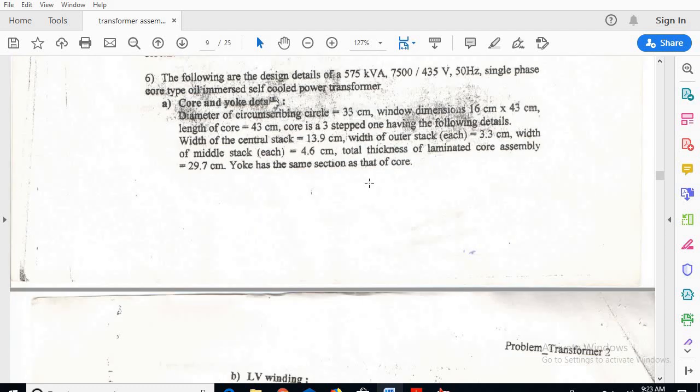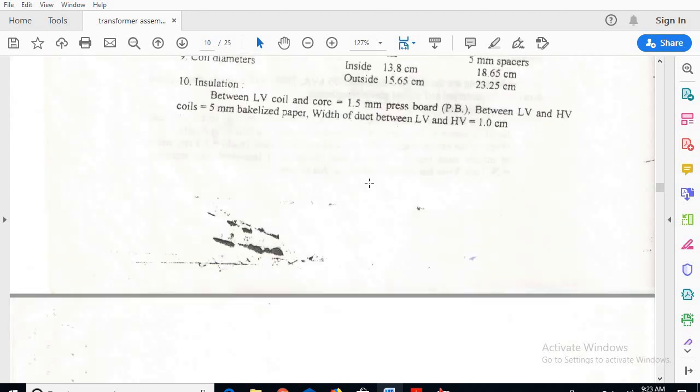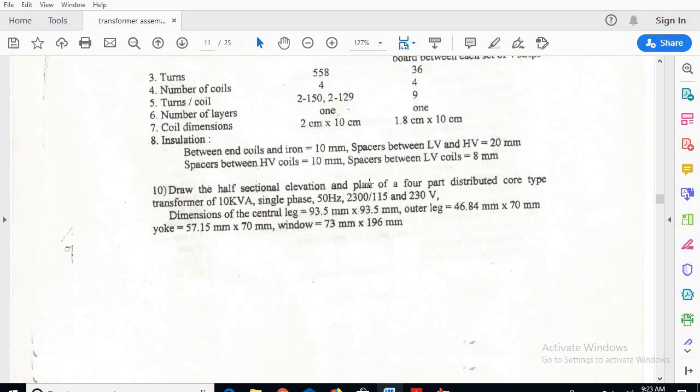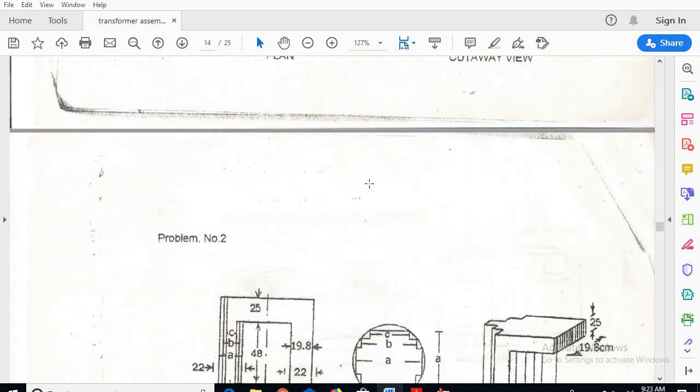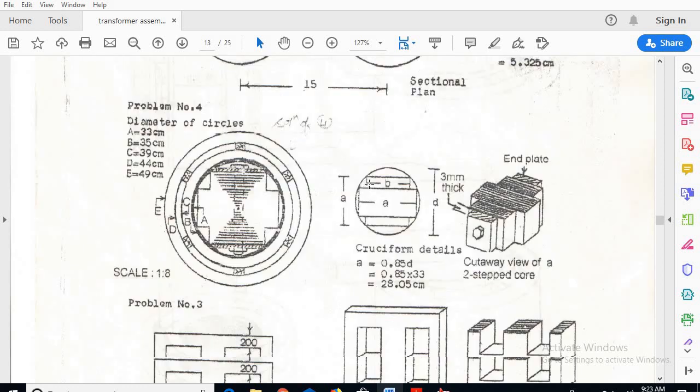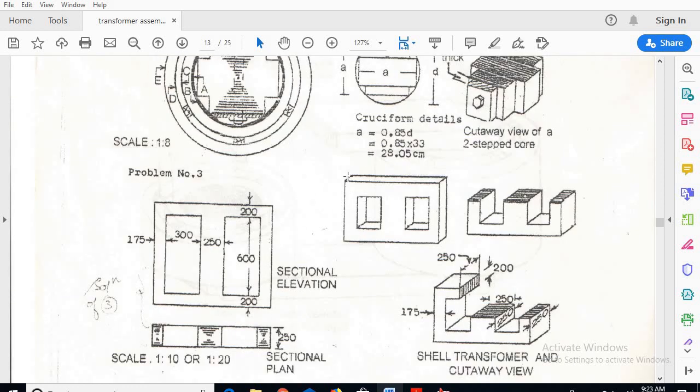Now coming to the solution, the actual picture of a shell type transformer will look like this. Here you can see, without any cut section, this is the shell type transformer. If I go for the half cut section, I can see the depth of the outer leg, the depth of the center leg, and the depth of the outer leg.